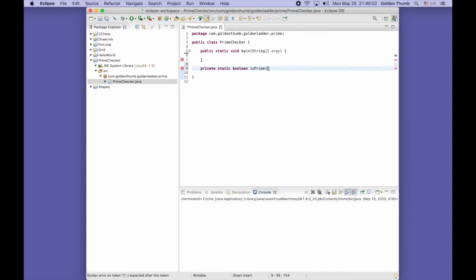Okay, so an int candidate, right? So yeah, we'll introduce the if structure of a Java program. So we can say if candidate